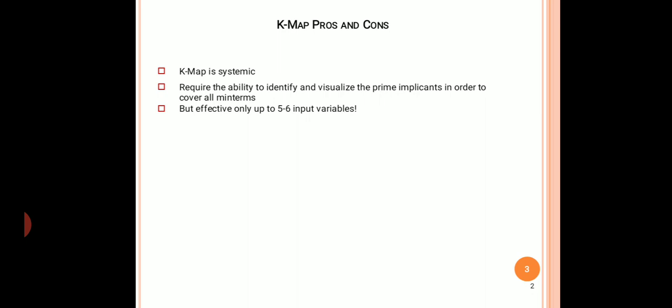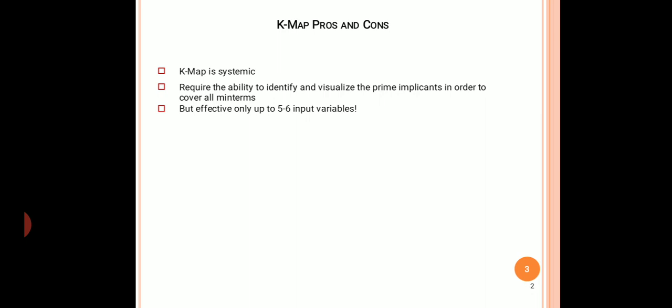As we know, while reducing a Boolean expression, there are 2-3 ways to reduce it. The first way is that we can use the Boolean laws like the AND law, OR law, or maybe De Morgan's theorem, and then we simplify the Boolean expressions and reduce them. The other method is by using the K-map, that is the Karnaugh map.